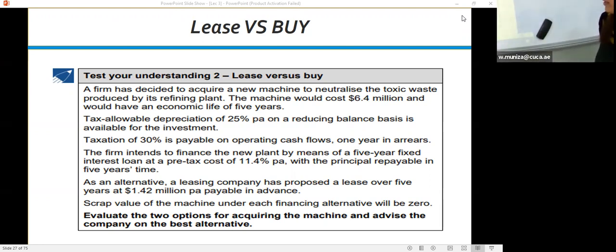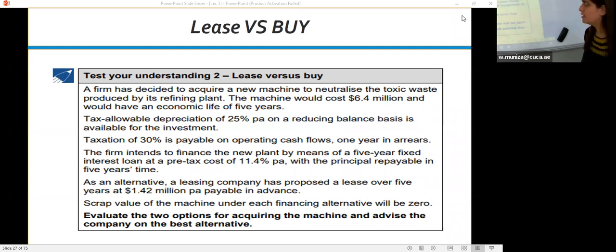Evaluate the 2 options for acquiring the machine and advise the company on the best alternative. So obviously these will be about leasing and buying both. Let's read the scenario. A firm has decided to acquire a new machine to neutralize the toxic waste produced by